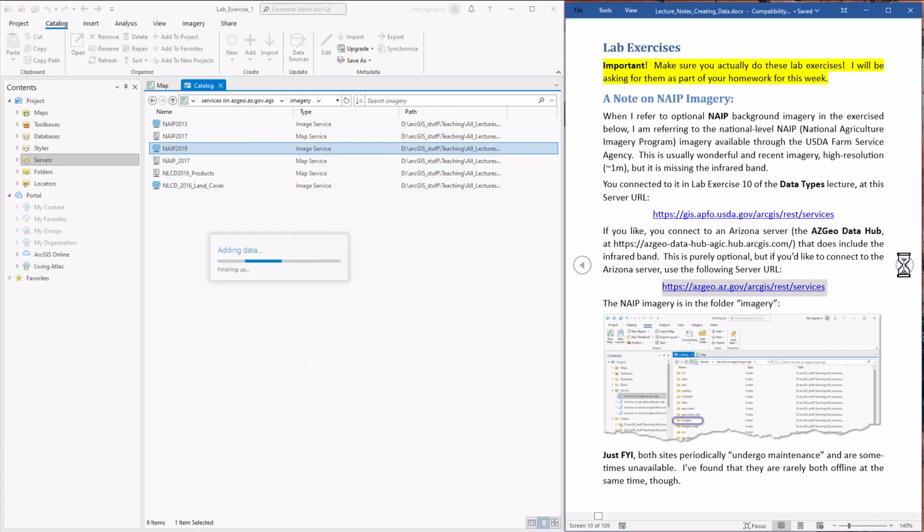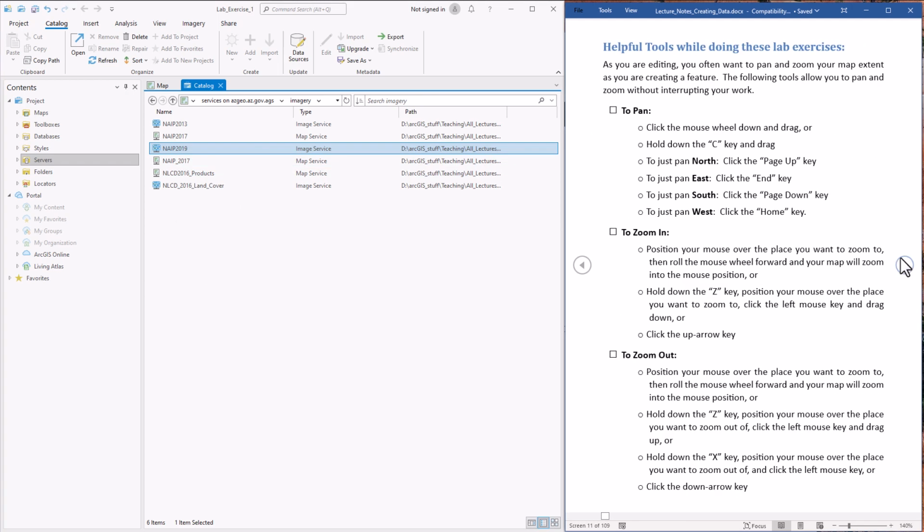Okay, next thing I want to mention before we really jump into the lab. There's quite often times that we are creating features. We're drawing a long road or creating a big polygon, and we need to adjust the map because we just need to pan it so we can get the rest of the feature in. But we don't want to stop editing or creating our polyline or polygon. When this happens, we can pan and zoom around in the map with the editor still going. We just use these little keyboard shortcuts. There's several ways to pan, several ways to zoom in, several ways to zoom out. So look this over and get a feel for them because you'll be wanting to use these as you create